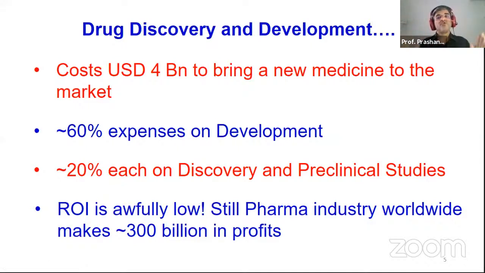So in all, drug discovery and development is awfully complex, awfully complicated. It's a costly affair, and everybody wants their drug to become a blockbuster drug, as in a drug which will bring, say, at least $1 billion a year. But there are very few drugs which do that, and that's where the dream is shattered for many big companies. And that's where people have started developing drugs together, as in 2 or 3 companies come together and develop one drug, so that the risk is shared. So even if the drug fails, the money gone in development is shared. And even if they make profit, the profits are also shared.